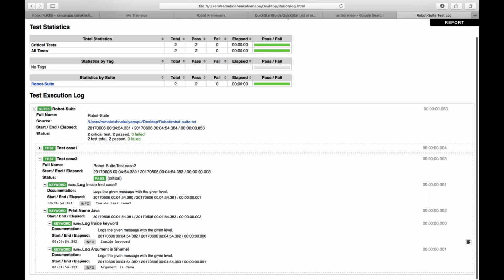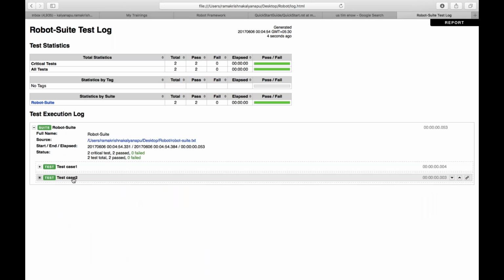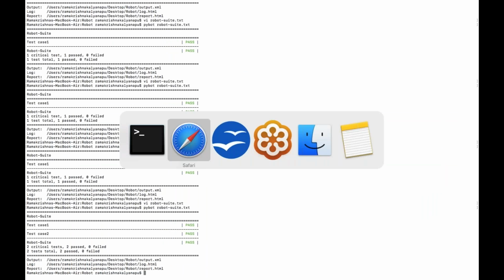Okay, so these two we have created one custom keyword, so that keyword you can use whenever you want. You can use it in 100 test cases or more test cases, so you can simplify the code. If you observe here, one more thing is that it will be case insensitive. Okay, so Robot Framework,